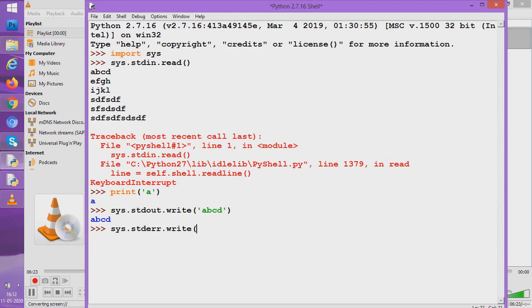If I write something here, it again shows on the screen, but with which color? The color is red because Python thinks I am writing an error here. So stderr for errors writes in red color, and stdout.write, where I am writing something good on the screen file, is in blue color.